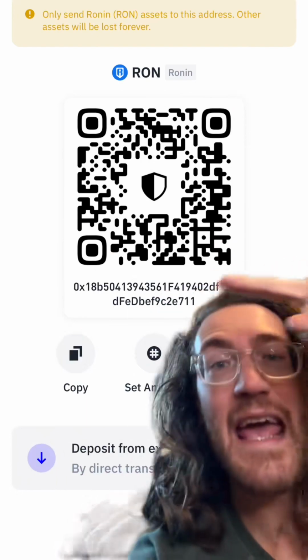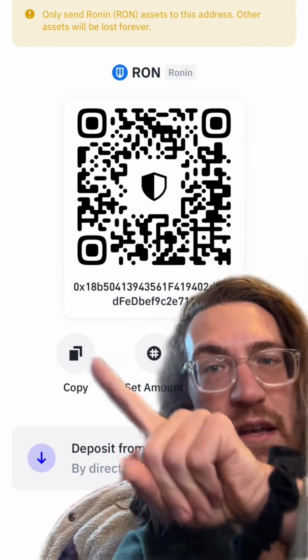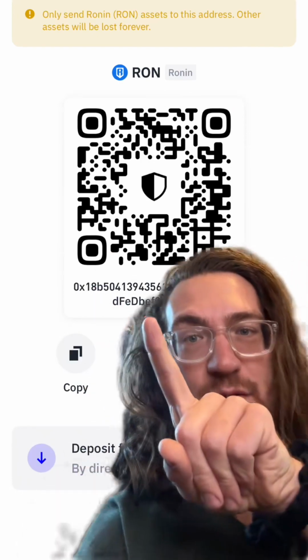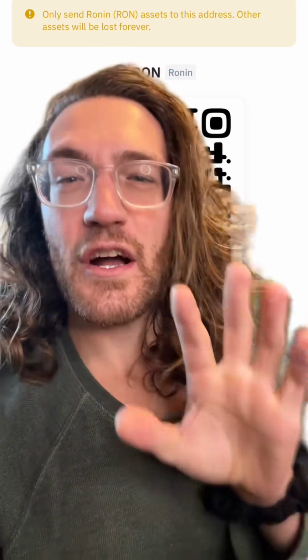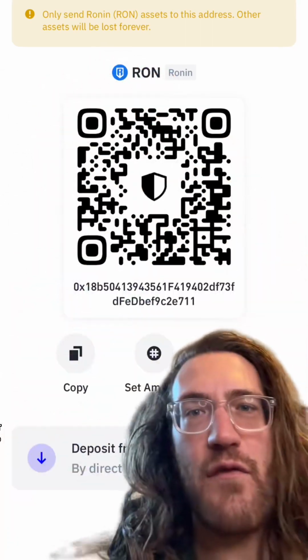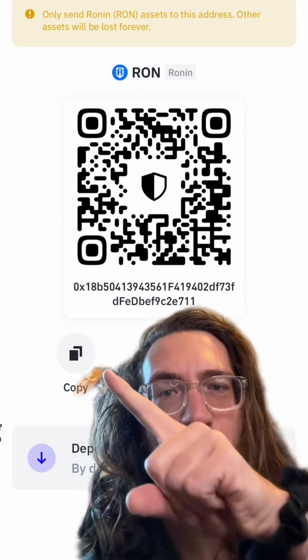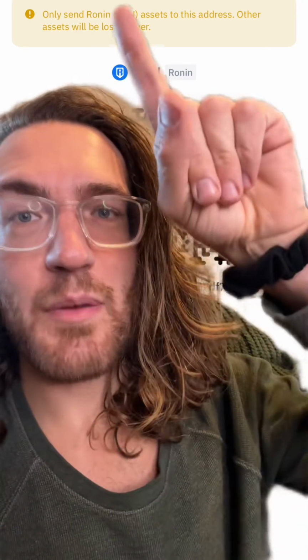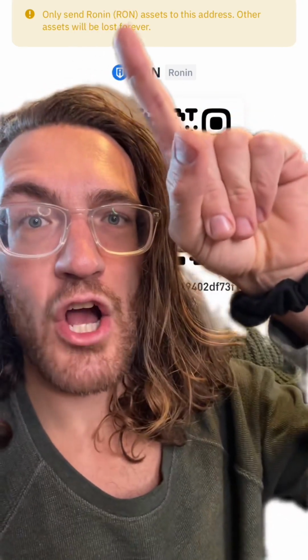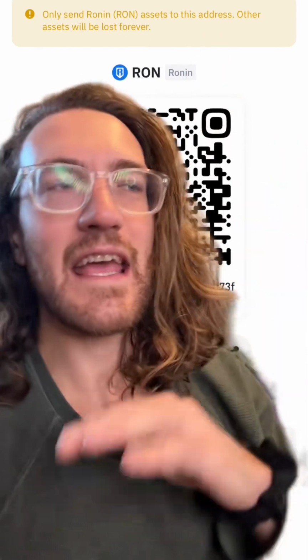I've got my address listed out, and this copy button will copy this address. The display may look a little different on your self-custody wallet, but what we're looking for is an address and a way to copy it. You'll notice there's a little pop-up here that says only send Ronin, R-O-N, assets to this address, meaning assets on